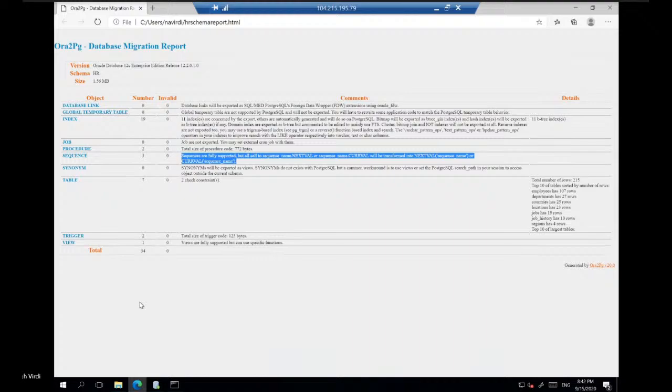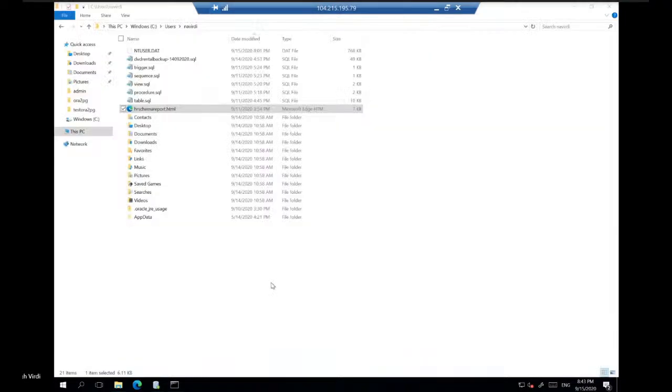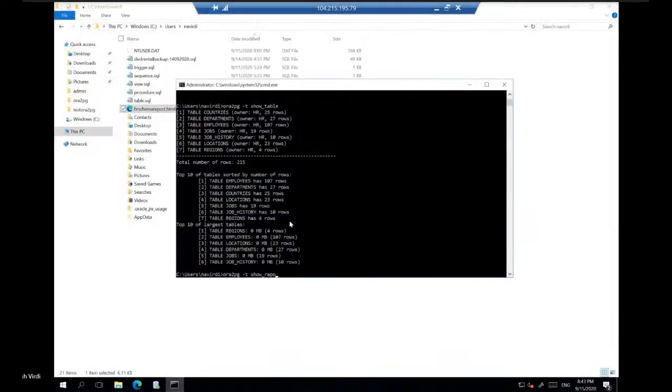It will also tell you what remediation options you can choose. Now, once your assessment is done, you've looked at the schema, and you feel confident that this can be migrated to Postgres, the next step is to run these commands. By default, Ora2PG will export only one type of object at one time, so you will have to override it. Either you can make changes in the configuration file, or you can mention here what type of object you want to export, and then say, okay, export it as table.sql.